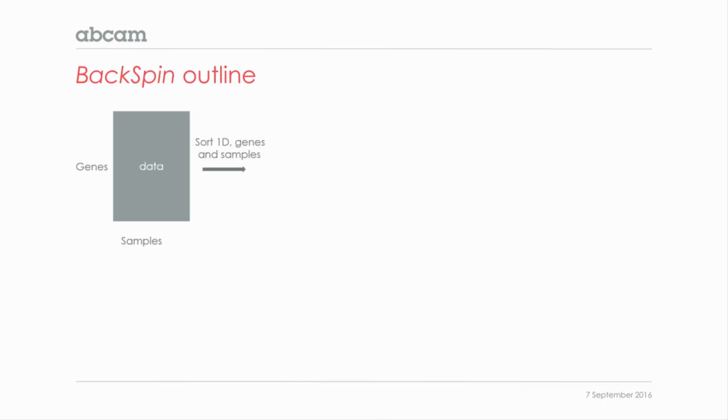The procedure we took we call Bextin, mainly because it's based on the spin algorithm. The spin algorithm, briefly, is an algorithm to sort distance matrices or correlation matrices into a one-dimensional order. So it's not a clustering algorithm, but a sorting algorithm. It was developed by Eytan Domany's lab more than 10 years ago.